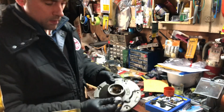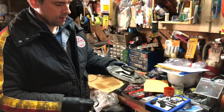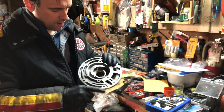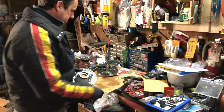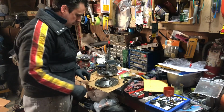I tapped out the old torque converter bushing and used it to tap in the new one. So that gets tapped down until it seats itself at the bottom. And now we have a new bearing for the torque converter to run on. Next I will clean all this up with brake cleaner, put it back together, and we will put this back